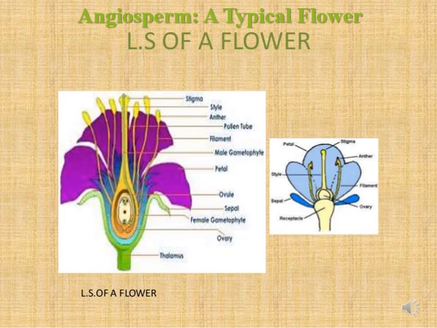Now the second accessory whorl is the corolla. Again the corolla protects the flower in bud condition, or it protects inner whorls, and as it is colorful or bears different colors, it helps in pollination, as due to the color the insects are attracted and it helps in pollination. In this way the flower is represented in angiosperm.